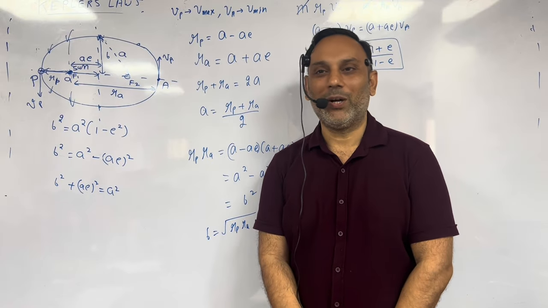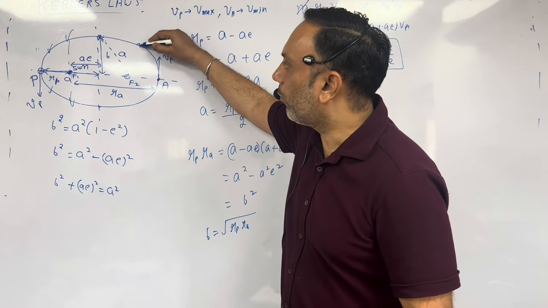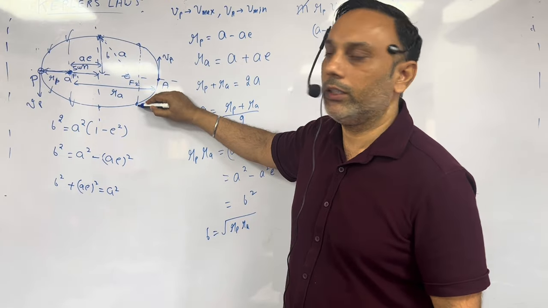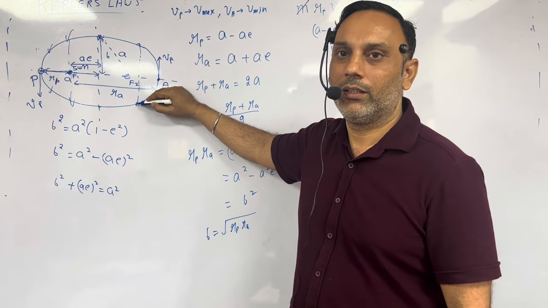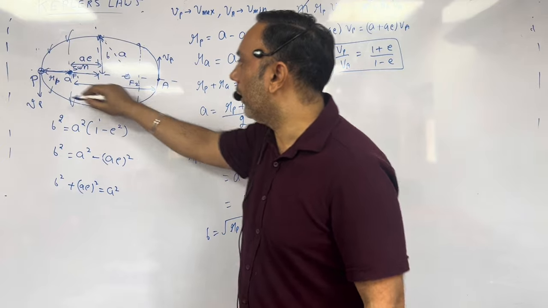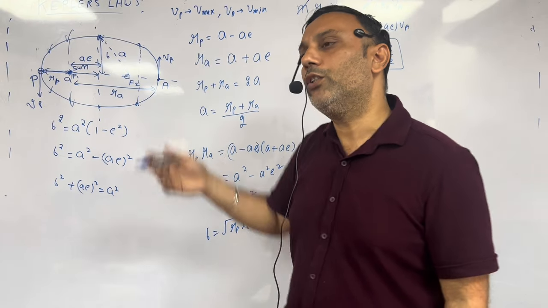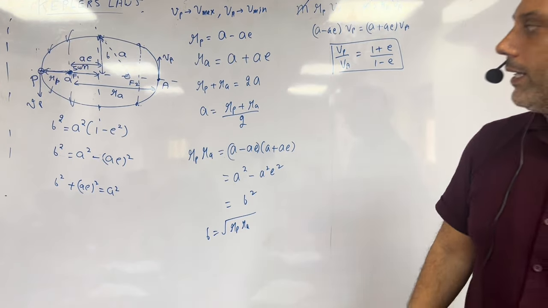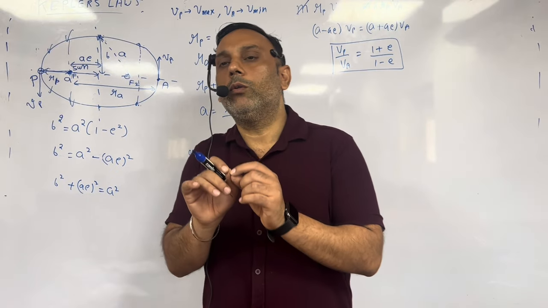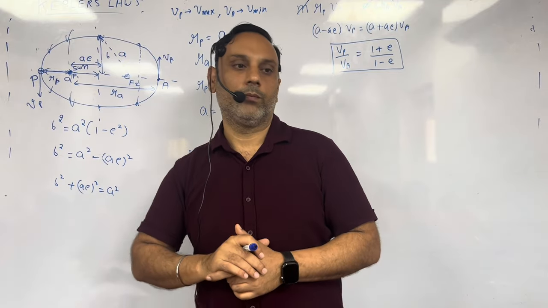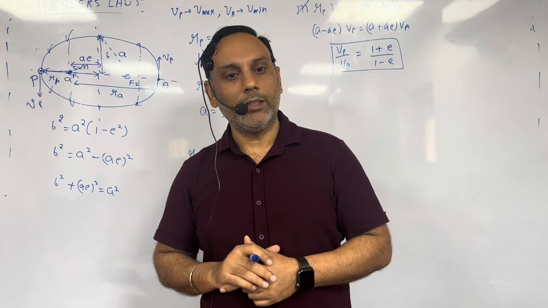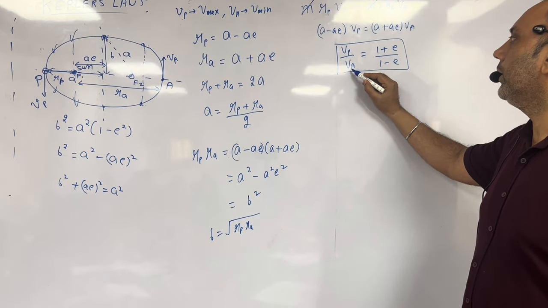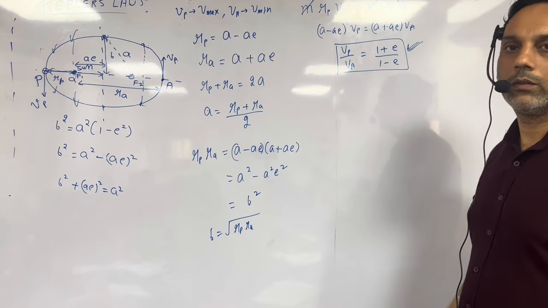Yes or no? It's a very important point, right? So you draw a normal line on the semi-major axis, and these 2 points are basically identical points. So work done by gravity from here to here, this path, or from here to here, this path, has to be 0. Right, beta? So work done by gravity in the movement between any 2 identical points has to be 0. Okay, beta? So one relation between perigee and apogee distance is this.